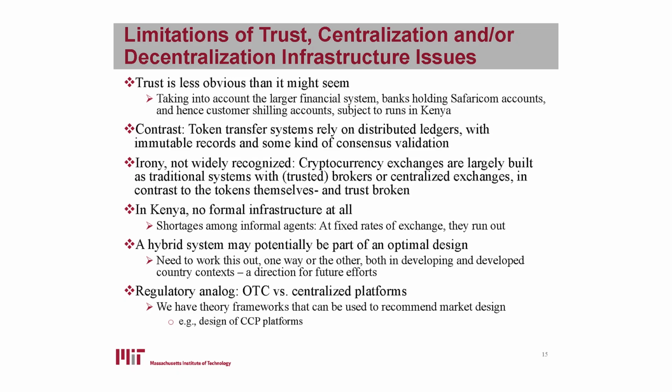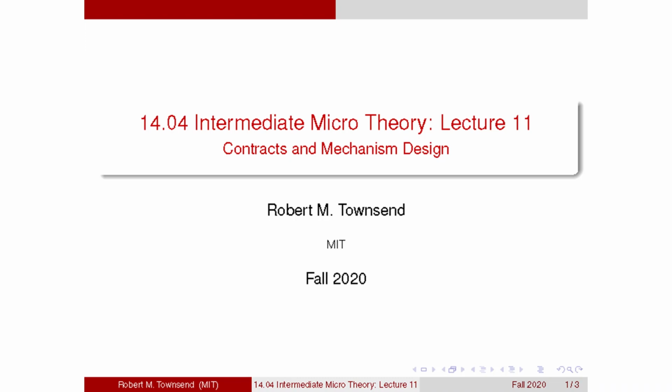Okay, so that was lecture 10. Lecture 11 was about contracts and mechanism design. And there were, let me just give an overview, two parts to this lecture. The first part is figuring out what to do when there's private information. And the main conclusion was there is a way to write down additional constraints called truth-telling or incentive constraints that